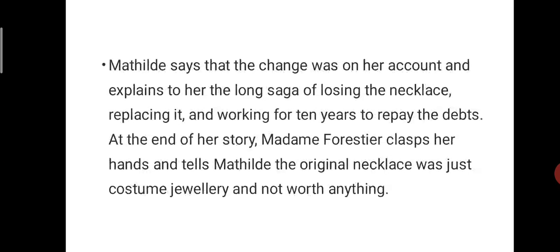At the end of her story, Madame Forestier clasps her hands and tells Mathilde the original necklace was just costume jewelry and not worth anything.